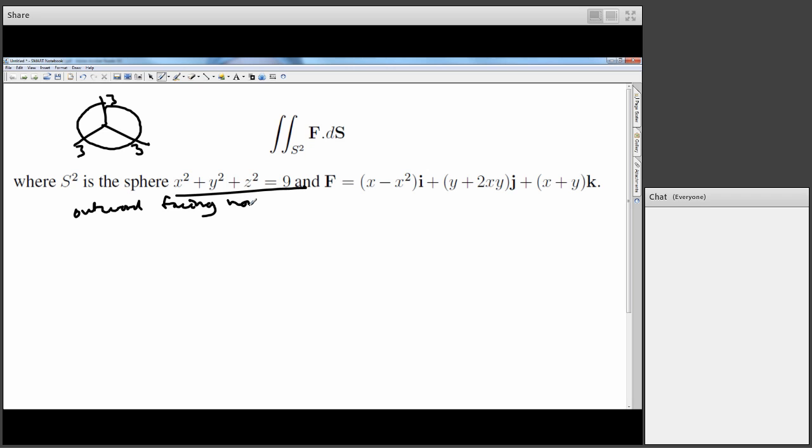Normals. So that's the default. So you've got a closed surface, and you assume it's outward facing by default. So there's various things to do here. Because it's closed though, the divergence theorem seems like a good idea. So since it's closed,